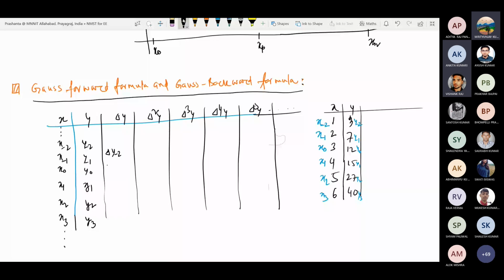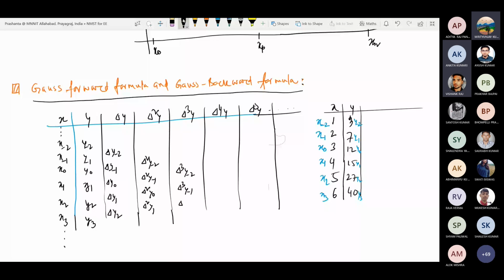Delta Y minus 1, delta Y0, delta Y1, delta Y2. Similarly, in the second order forward difference, it will be del square Y minus 2, del square Y minus 1, del square Y0, del square Y1. In the third order forward difference, it will be del cube Y minus 2, del cube Y minus 1,